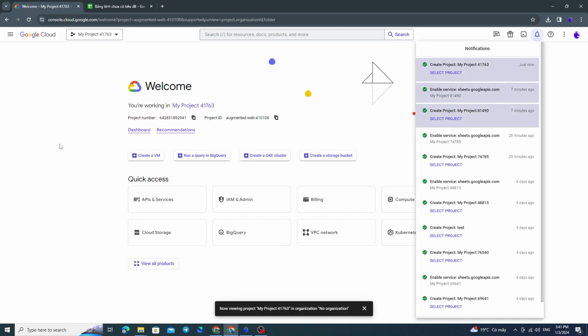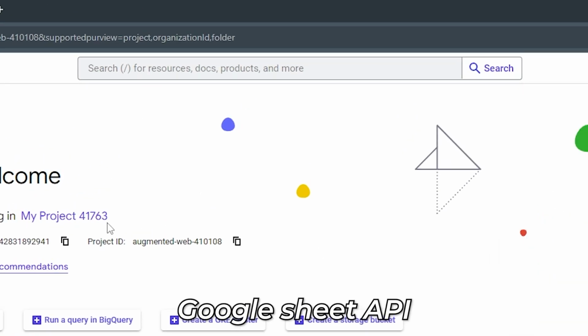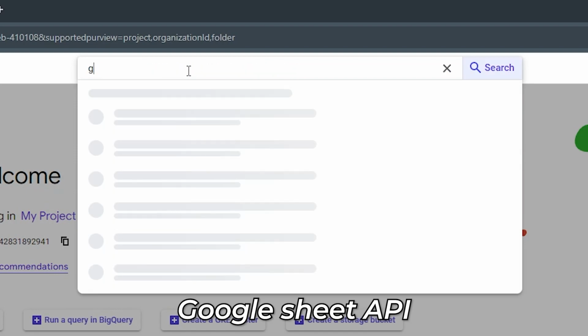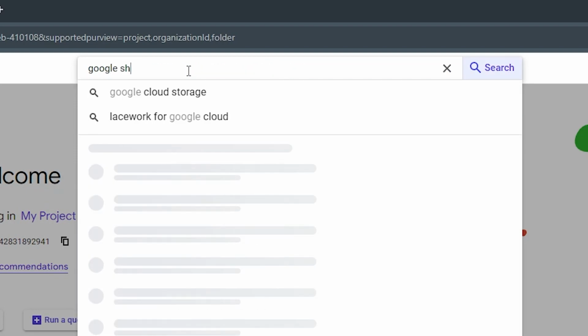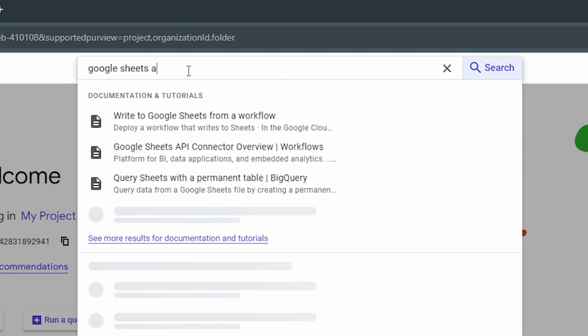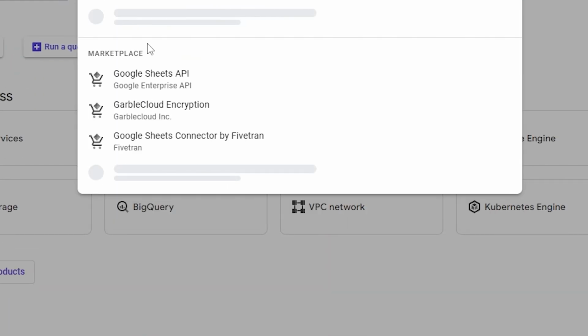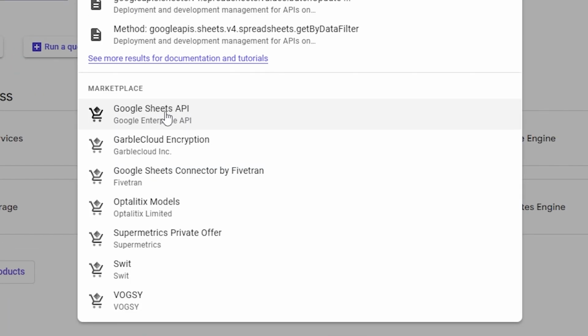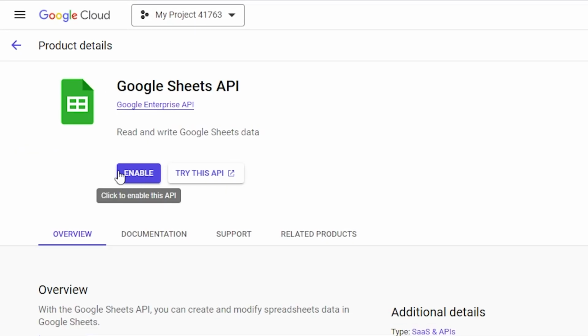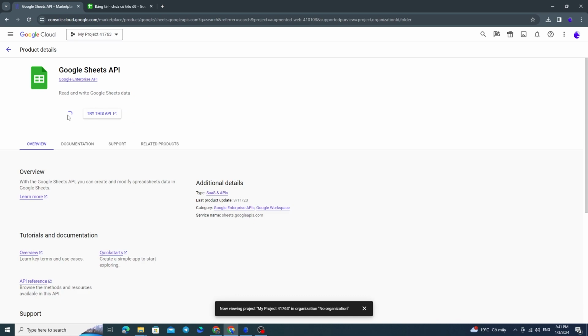Once the new project is ready, go to the top search bar and type Google Sheet API. This is in the marketplace. Click on Google Sheet API. Enable the API so you can connect with Genlogin. Once enabled,